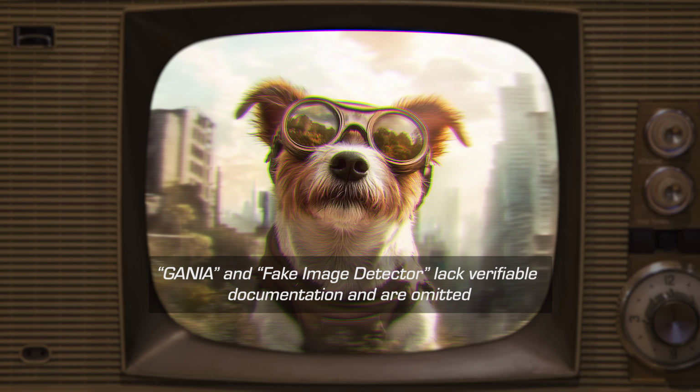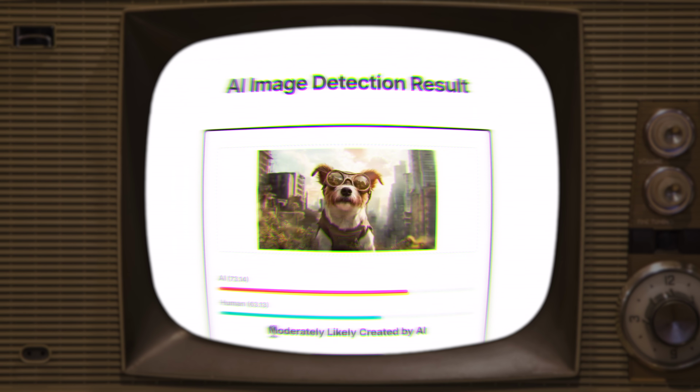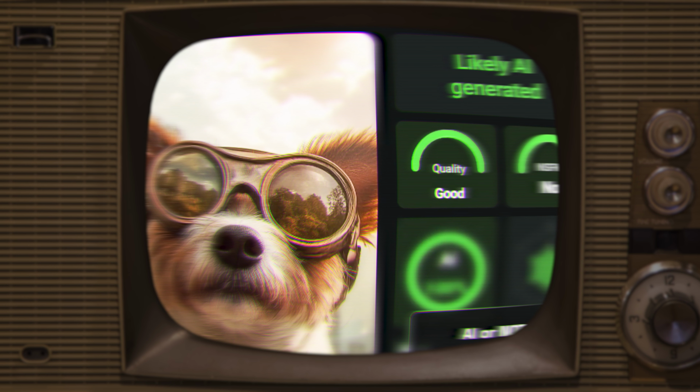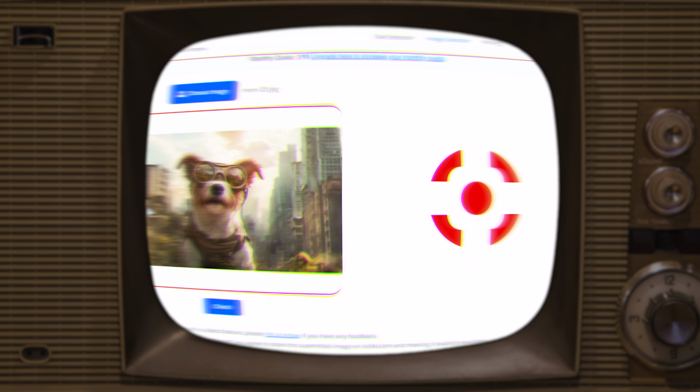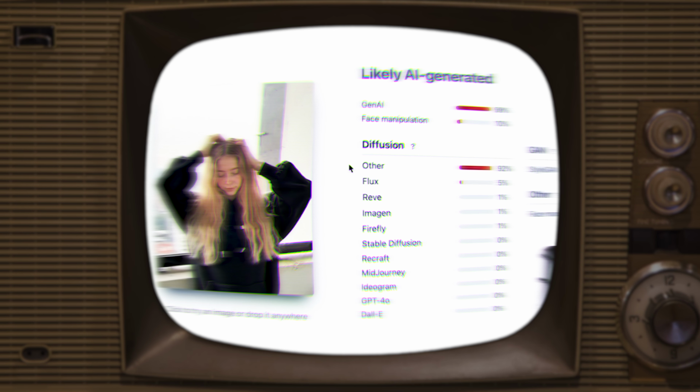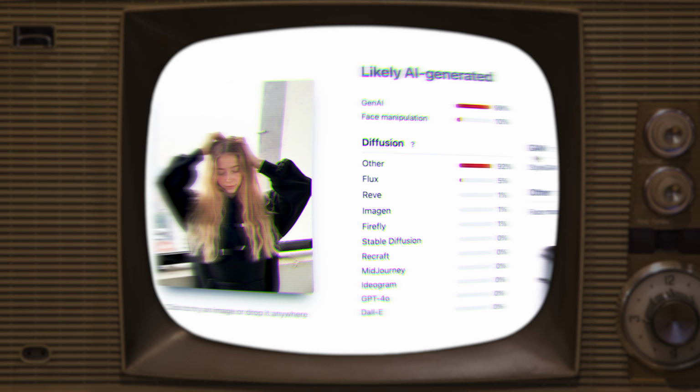Modern forensic platforms and other academic or commercial detectors use large reference datasets of known AI outputs. Through neural networks and frequency domain analysis, they identify anomalies in texture continuity, lighting gradients, and edge coherence that the human eye may overlook. Some advanced prototypes can sometimes attribute an image to a specific engine, for instance Midjourney, DALL-E, or Stable Diffusion, by decoding recurring model-specific statistical features. However, attribution remains an emerging research area rather than a guaranteed capability.